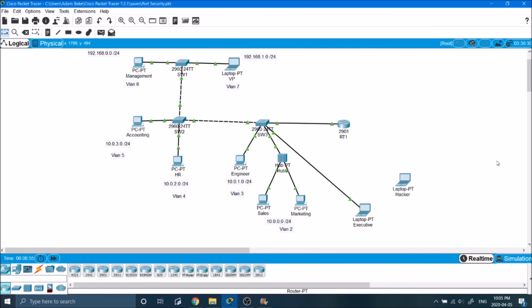So now you have a basic understanding of what port security is, how it works, and why it's so important to be implemented on a network. We hardly scratched the surface in this video. This is a mere introduction, and I will be creating more